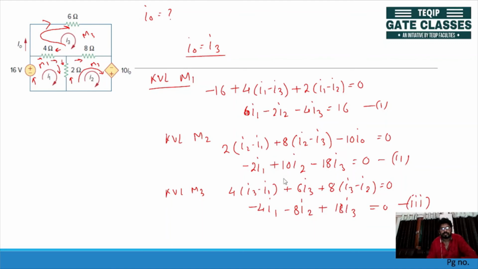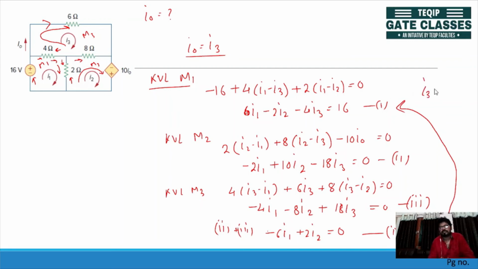From equation 2 and 3, what will you get? Adding equation 2 and 3, what will you get? You will get minus 6I1 plus 2I2 is equal to 0. Now, let's say this is equation 4. Add equation 4 and equation 1, you'll get